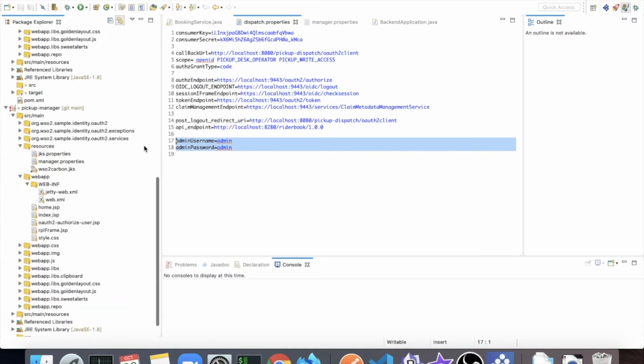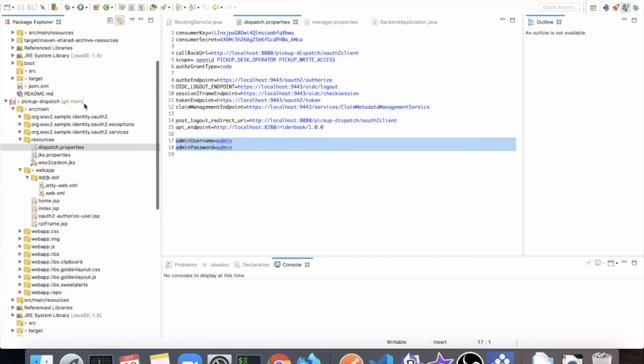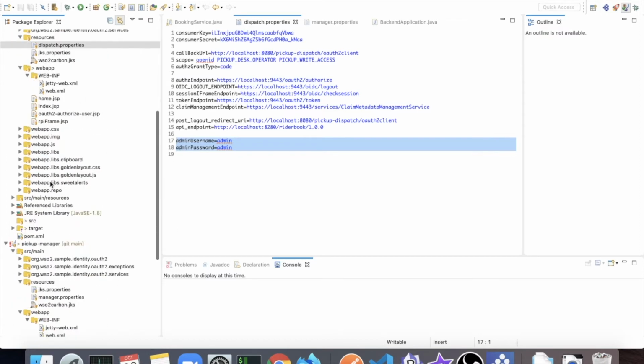So basically it has three applications: a backend service, two web applications, and the access controllability done through the API Manager. We will go into more detail on how you can define an API, how you can generate different types of users, assigning roles and assigning scopes to the API resources. So let's go to the API management side.